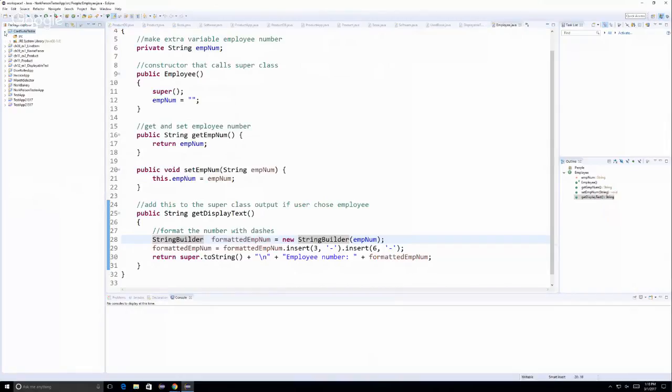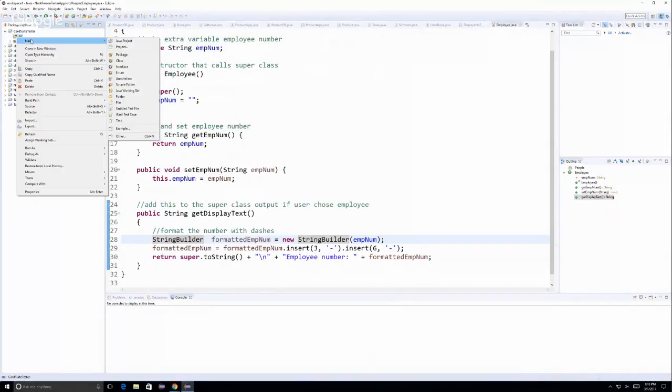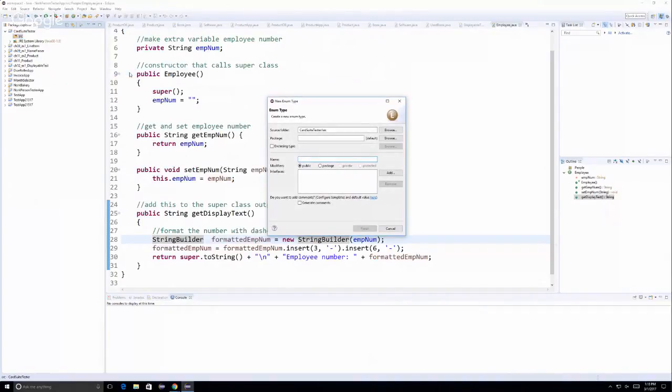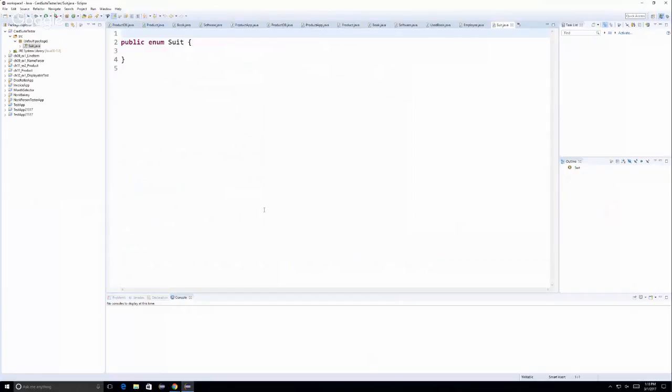So in the package, we're going to have an enum. So go ahead and right click on your source package, and then select, instead of a class or anything else, enum, and then it's going to be named suit. Yes, we're just starting from blank. So create a project, card suit tester, and then add inside the project an enum named suit,